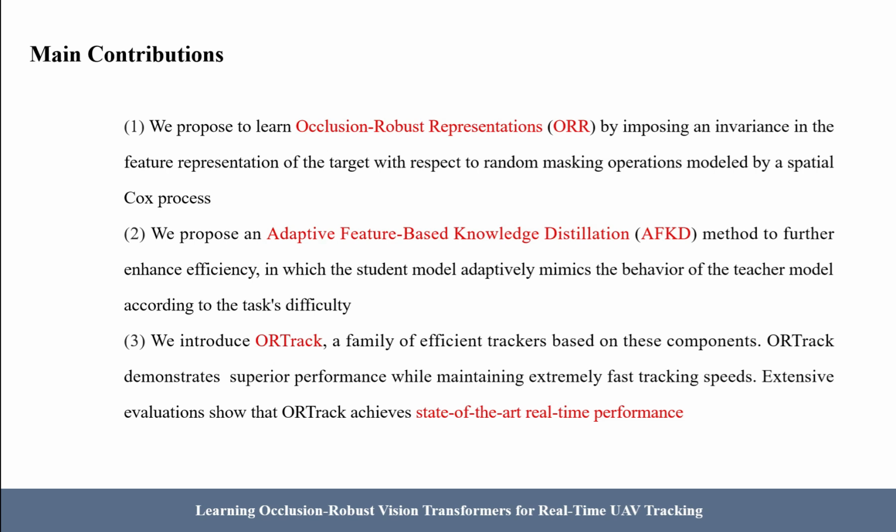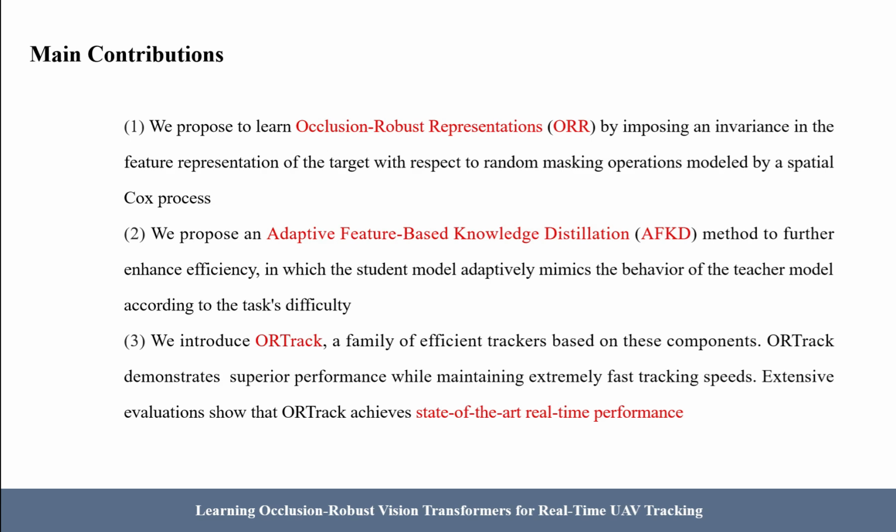Specifically, we propose to learn occlusion-robust representations, ORR, based on ViT for UAV tracking by enforcing an invariance of the feature representation of a target with respect to random masking operations, modeled by a spatial Cox process. Hopefully, this random masking approximately simulates target occlusions, thereby enabling us to learn ViTs that are robust to target occlusion